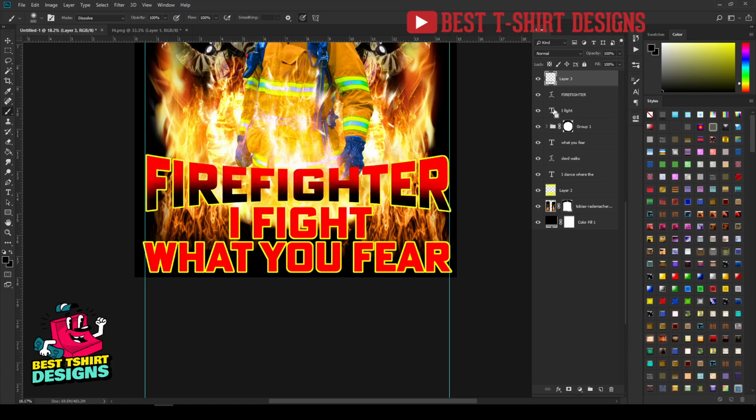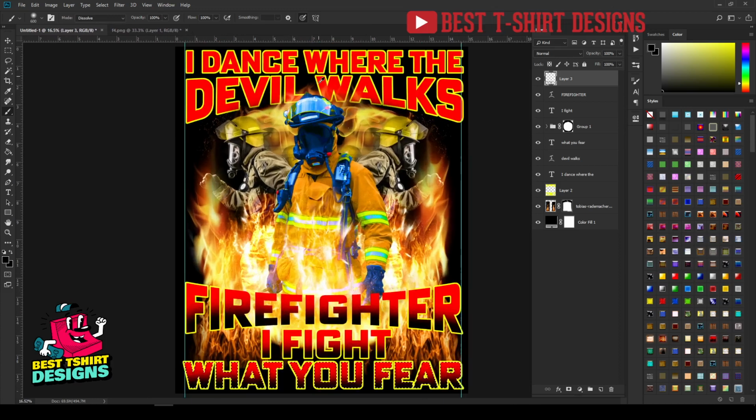Again I want to select this fighter text, Ctrl click, and then I am taking my brush tool to just paint it like this. That is fine. Then again I want to select the other text. So where is that? Ctrl click on that layer. I am doing it one by one, so that I can control whatever I am doing, something like that. That is fine. And then this devil text, let's select that, and here I am going to make it look like this. So that is fine, don't worry.